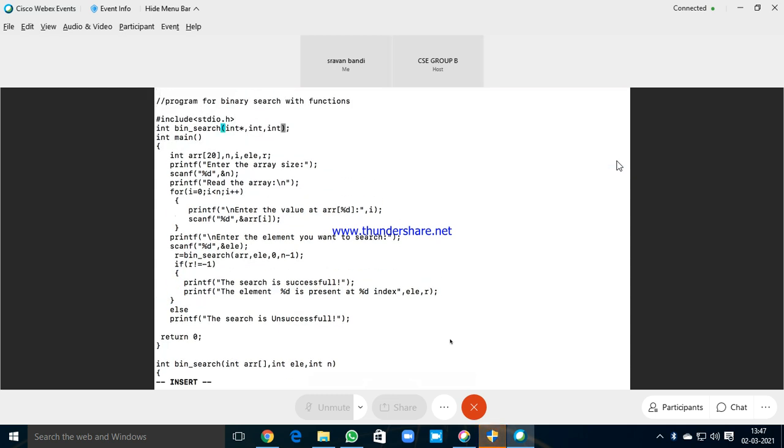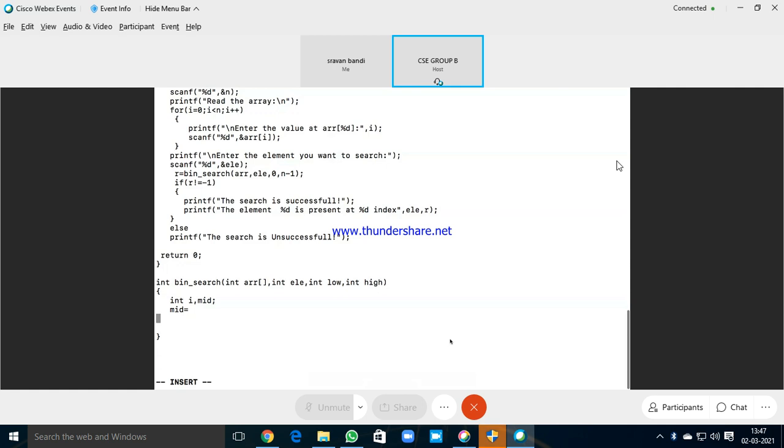Instead of 3 parameters we require 4. The third parameter is low, and the next parameter is high. So how is the mid value computed? Low plus high by 2. Yes, mid is low plus high by 2. Next, we have an if condition.